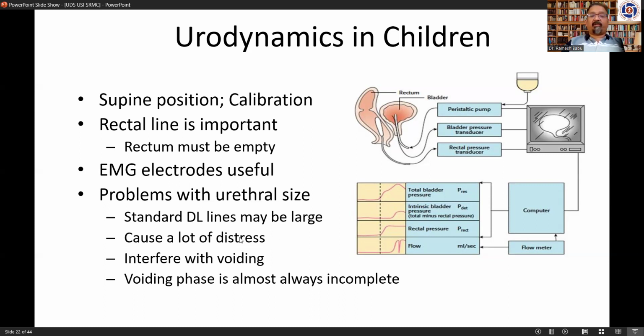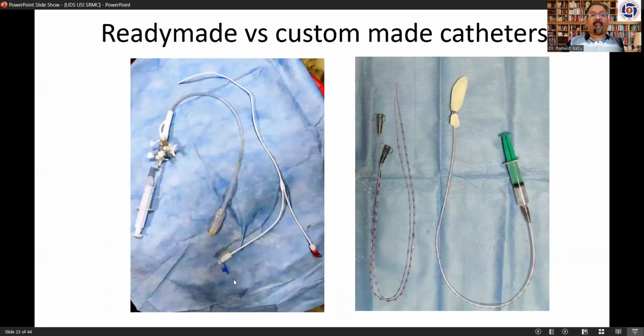So we have to go for the smallest size of catheter, and the custom-made lines can be used in older children. For example, the two feeding tube method can be used in older children. So instead of this rectal catheter, you can actually make a custom-made catheter in an older child. So these are all possible in an older child, but in a little baby, you have to use the smallest size